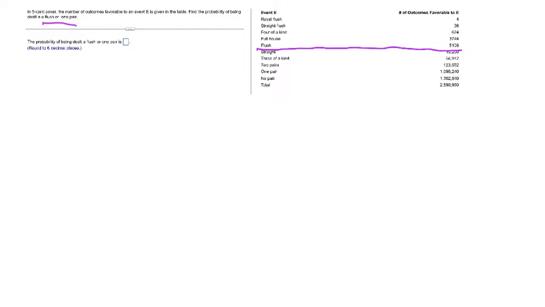And likewise, if we want one pair for that one, we have a total number of possibilities of 1,098,240. And so if we're looking for the probability of a flush or one pair,